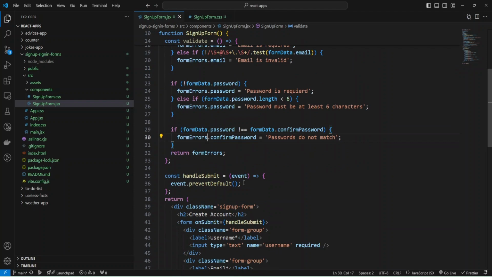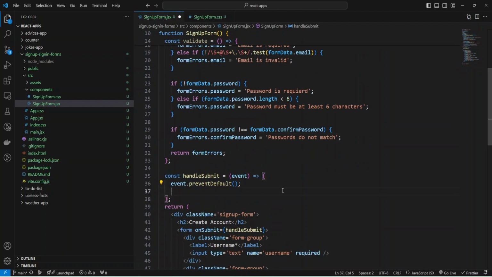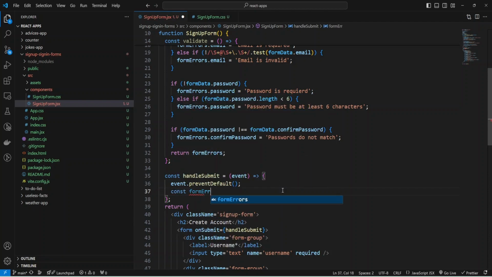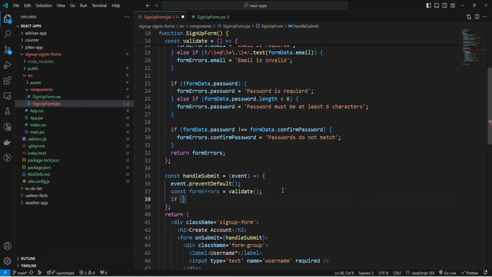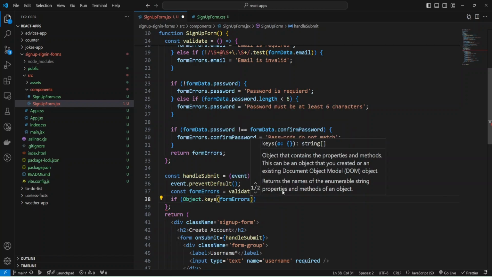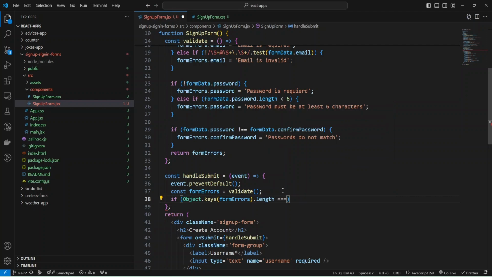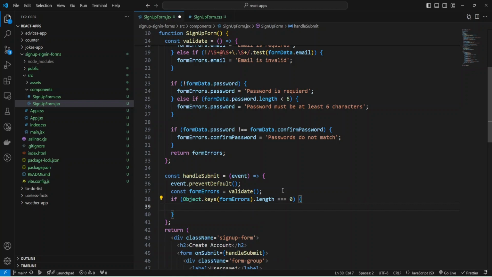And now I'm going to use this function in my handleSubmit to check the errors, const formErrors, and call my function validate to validate my form, and then check if we don't have any errors, Object.keys formErrors length equals 0, then that means that we haven't found any errors, and we can submit the form.